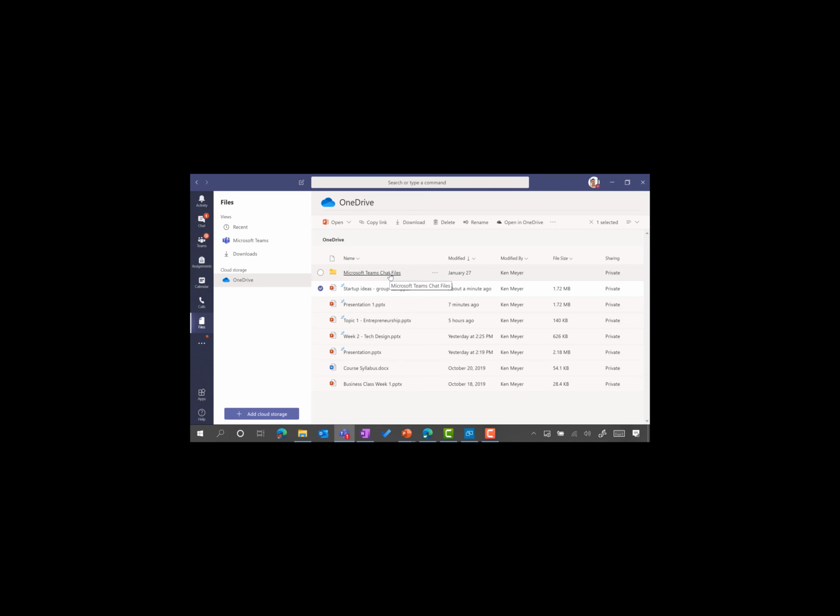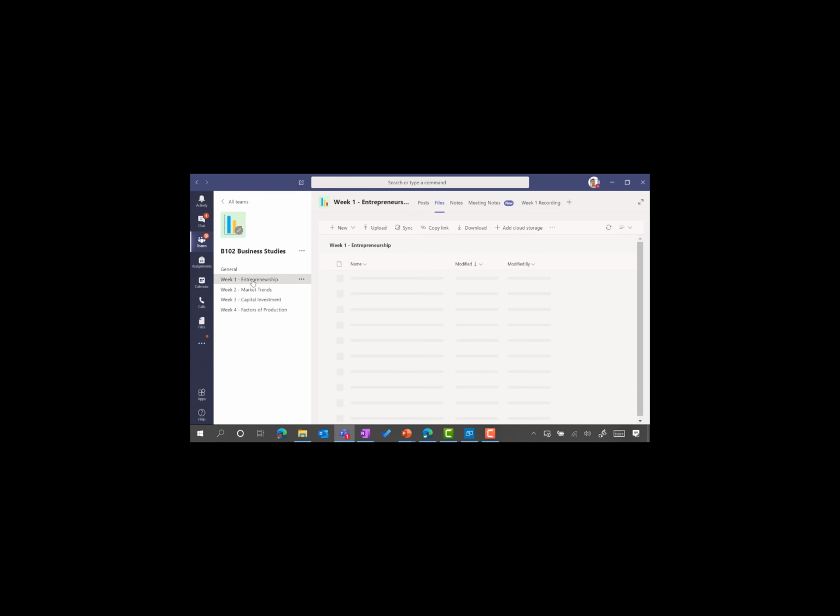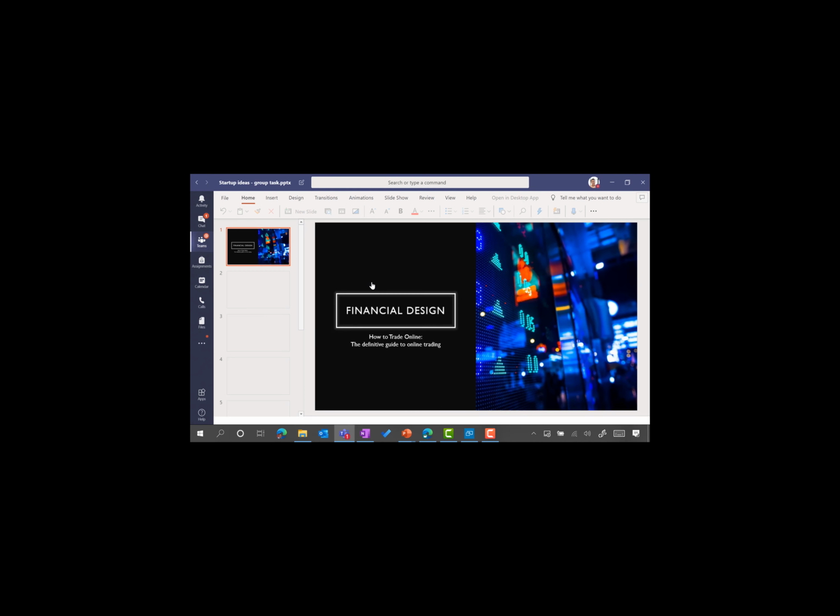Give that just a few seconds. And what that will do is then appear in the file section of the team. And there it is. What's particularly powerful about this is it means my students can then also work together with me in real time. And notice I don't have to send out a share link. Because we're part of the class team, all of the students have access to be able to then work together